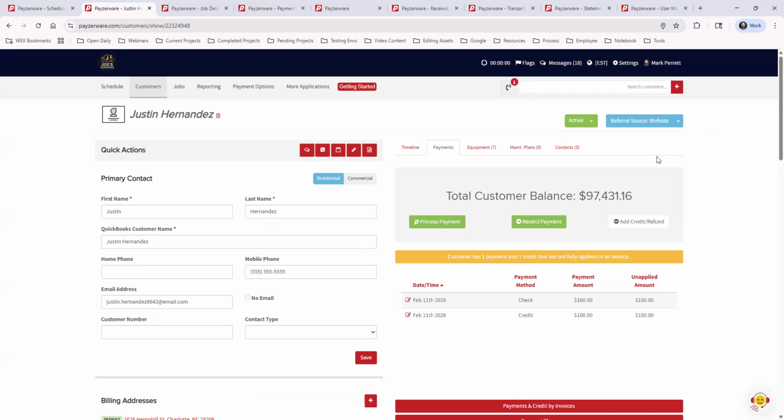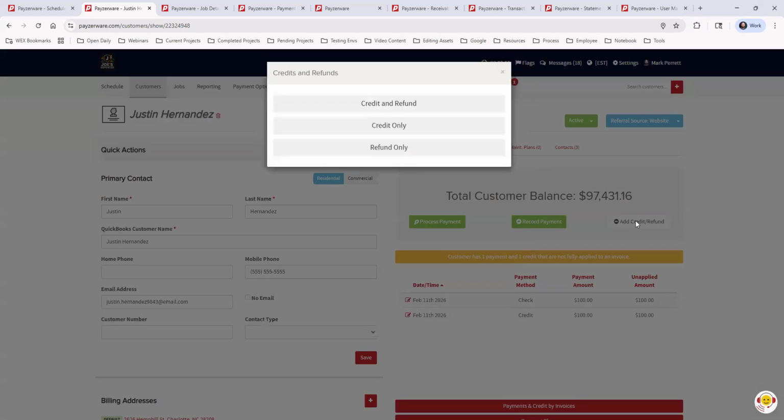Now add a credit or refund. So, there's many different scenarios you may need this. If you want to give credit and refund, choose that here. Credit only and refund only. If you're refunding, that will refund to the original payment method. So if they paid with, let's say, a Discover card, it'll go back to their Discover card. If you do, well, let's do an example. So credit only,